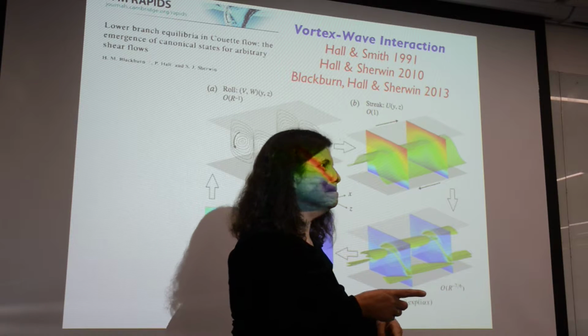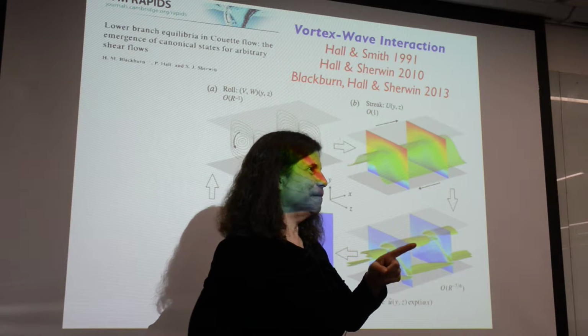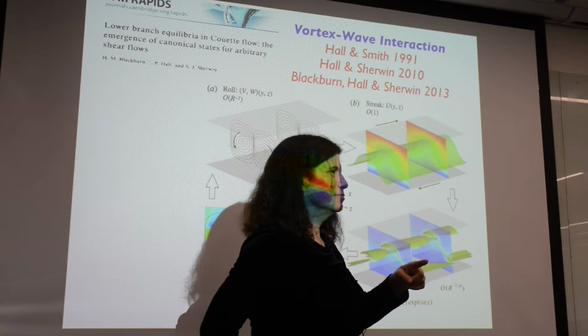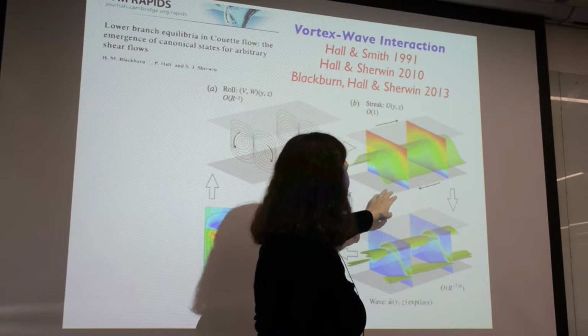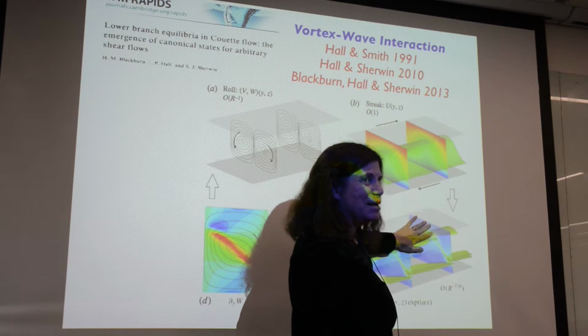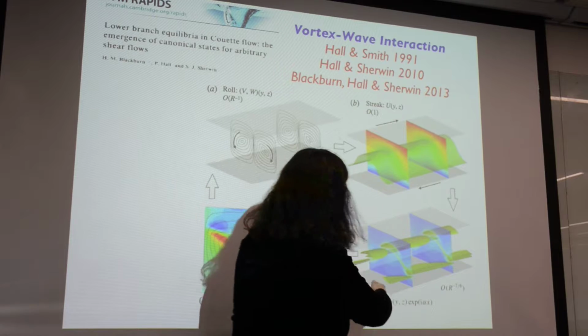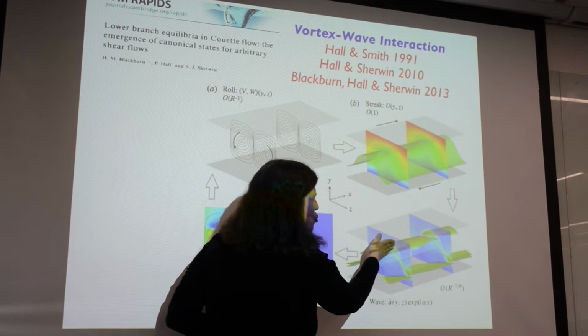Because they have to have an amplitude of the wave. It's the amplitude of the wave that drives the roll that produces the streak, all ties together. So it's not that this is unstable, but it certainly doesn't mind becoming wavy. And that's what's drawn here. You can see that there's a structure now.